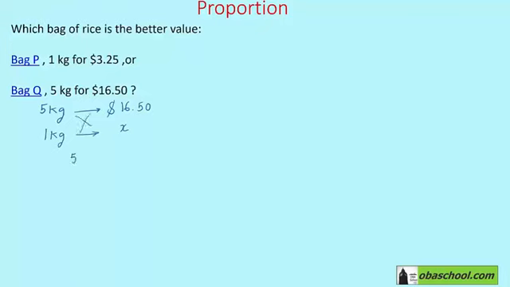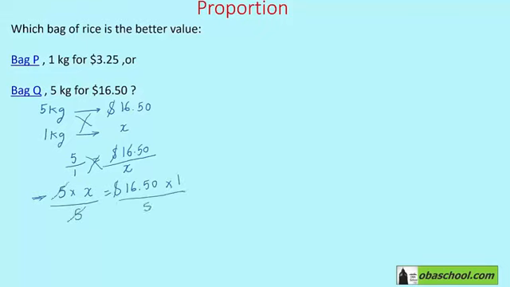Then 1 kilogram costs X. And we're going to do our cross multiplication. 5 times X is equal to 16.50 times 1. Let's divide both sides of the equal sign by 5. So X would be equal to